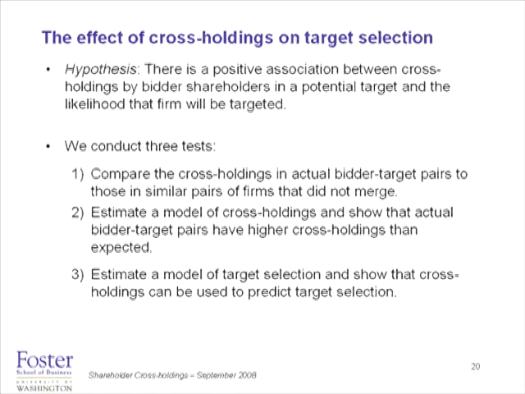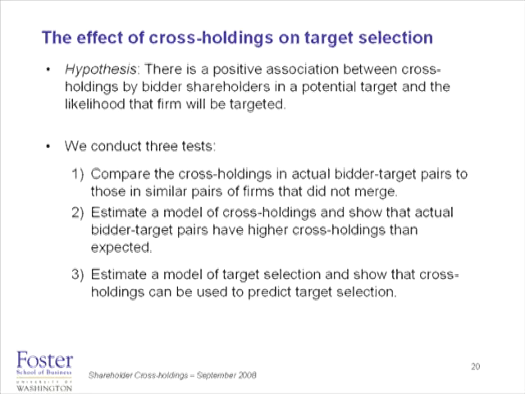Here's a pair of firms that actually did have a merger announcement, the actual bidder-target pair. That bidder could have chosen another otherwise similar firm, but it didn't. Similar on all these characteristics. Then we ask, are the cross holdings in the one it chose higher than the one it didn't choose? We'll do the same thing in the sense that the target that ended up with this bidder could have ended up with a different bidder.